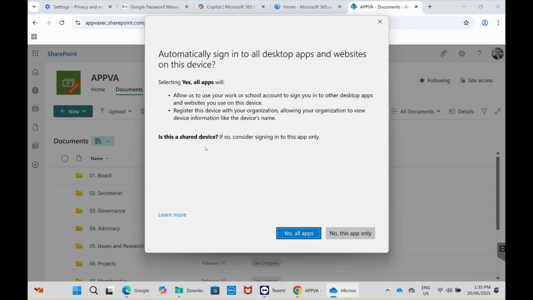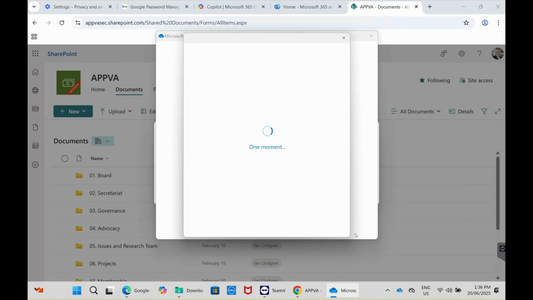So I've just used my authenticator to authenticate that. And for those that have got text messages, you'll get a text message and you'll need to put the 6-digit number in. Once you've done that, you'll get this sign, and just note only this app on the right hand side. So click on that,